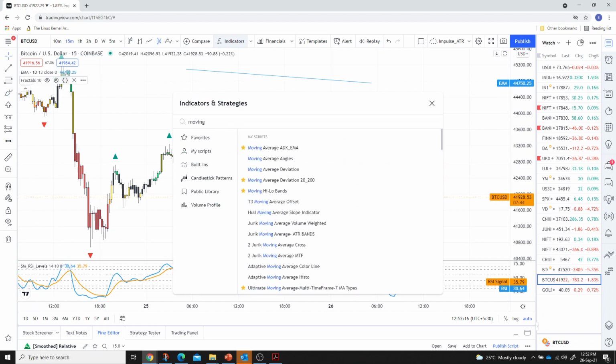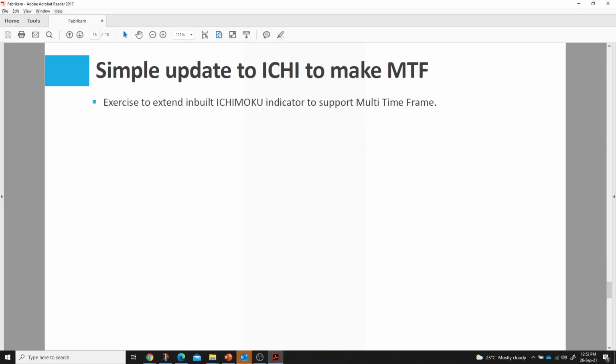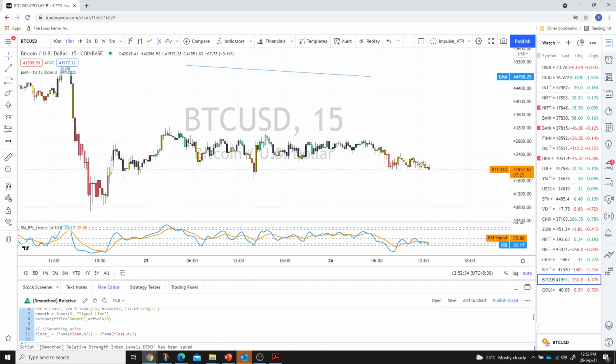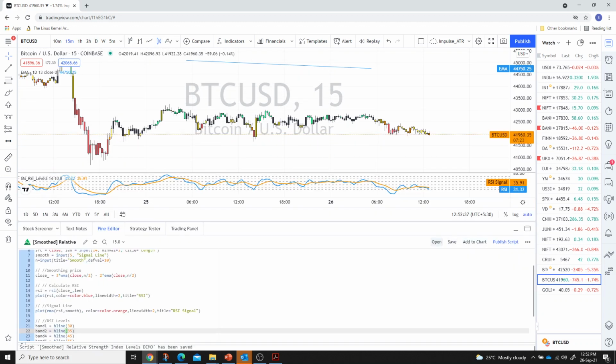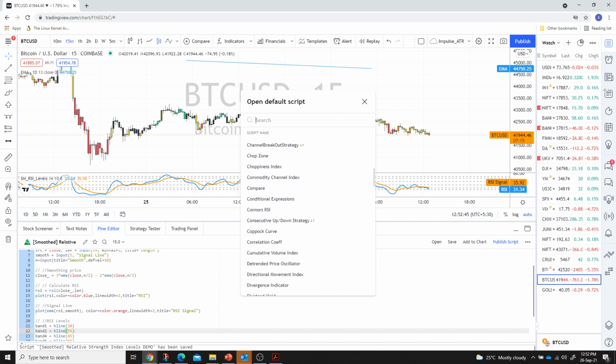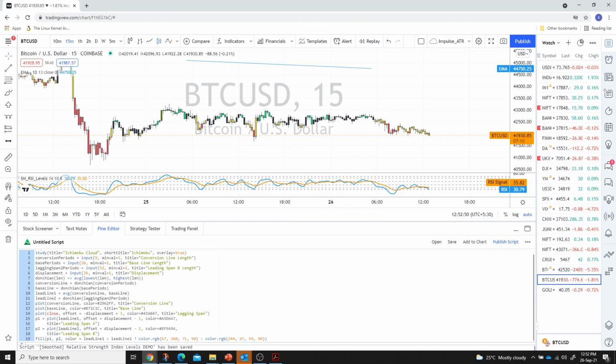But I would like to show you one, yeah, how to extend the inbuilt indicators. So Ichimoku, as we discussed, is the most comprehensive indicator which we have. I want to have some multi-dimensional, multi-time frame capabilities to it. So I say new built-in indicator and I'll say Ichimoku. Yeah, where is Ichimoku cloud? Okay, then